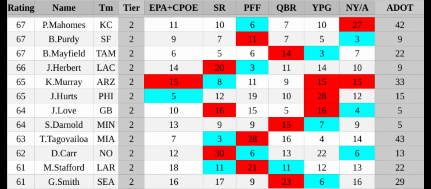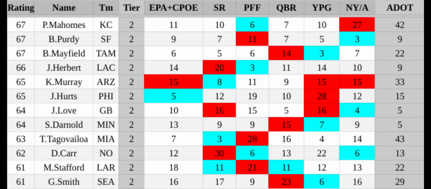And then, passing wise, Trey McBride was sensational, but after him, it wasn't the most reliable of situations. Marvin Harrison Jr., very talented, but just could not get it going to start out his career. So, I think there were definitely some things that worked against him as well. But overall, a very solid year.